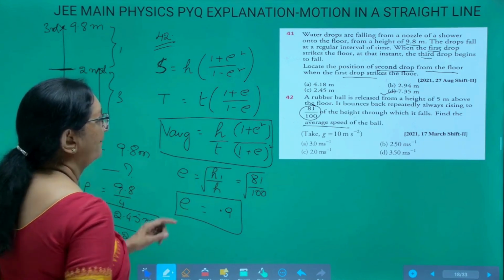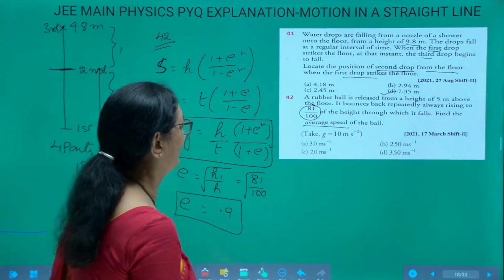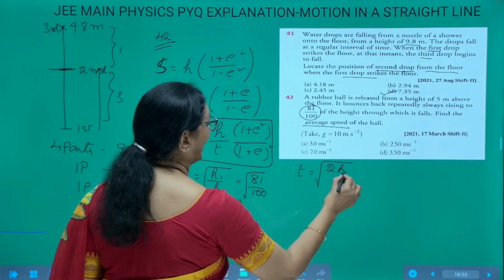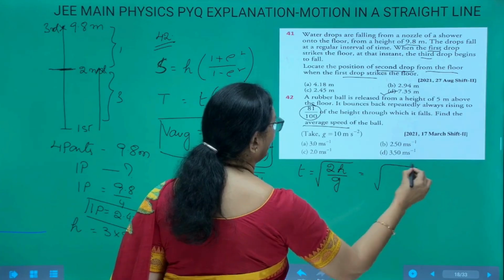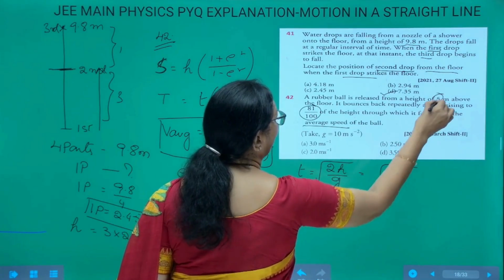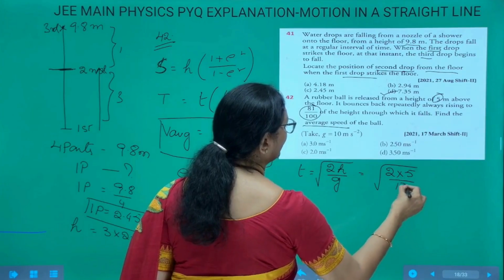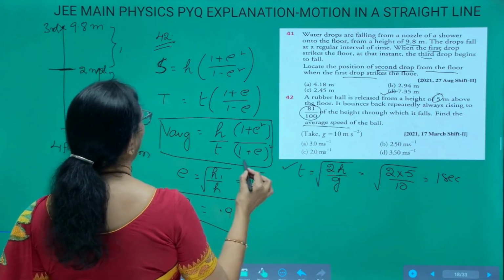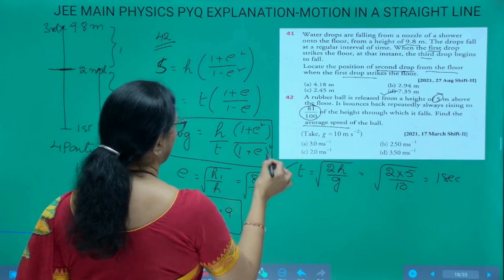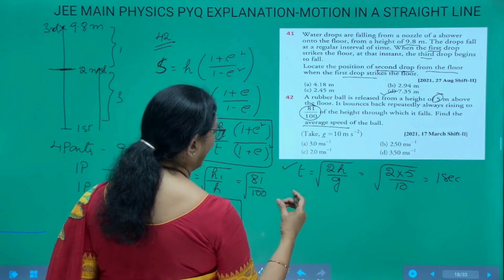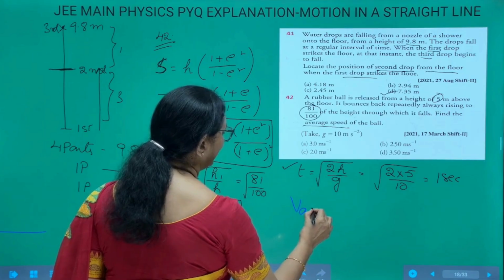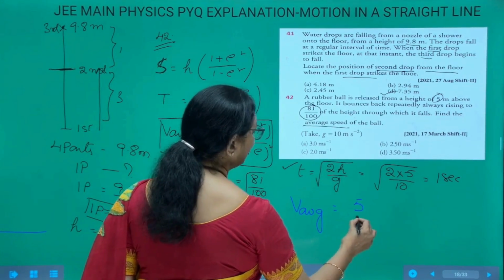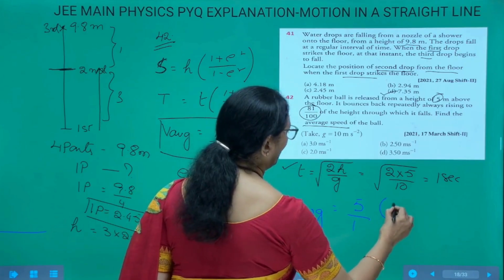Height is given, but the time of free fall is not given. So, the time of free fall is the square root of 2h by g, that is the square root of 2 into 5 by 10, which is 1 second. So, time is given, height is given as 5 meters, and E is known. The average speed before it stops is h is 5 and time of free fall is 1,